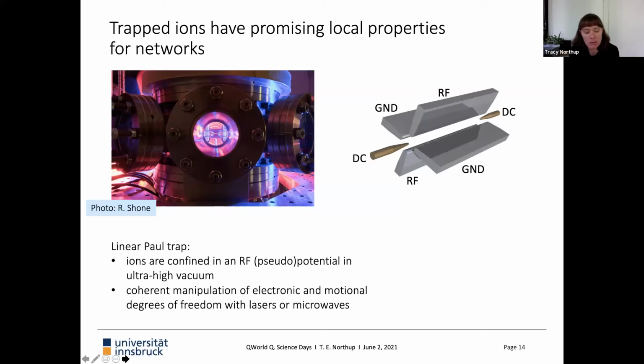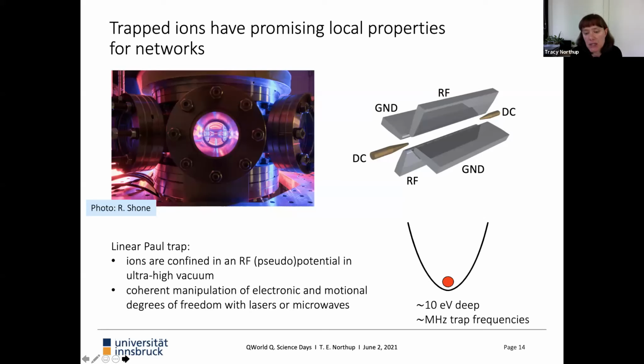Once we have the ions confined there, that allows us to coherently manipulate their electronic and motional degrees of freedom, either with lasers or with microwaves or with both. In the work I'll tell you about today, we're using lasers, but there are other research groups that have achieved really exciting results with microwave manipulation. This little cartoon of a harmonic oscillator is to remind you that what the ions are going to see is a potential well, in this case in all 3 directions. So you can imagine a tensor product space: you can think of it as 3 independent harmonic oscillators for the ion.